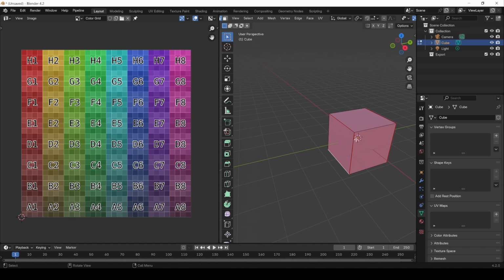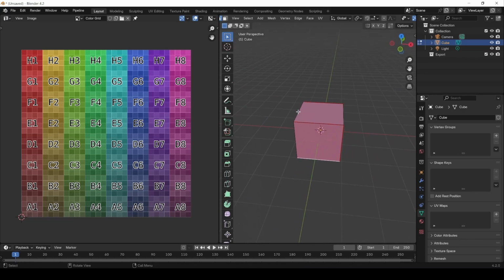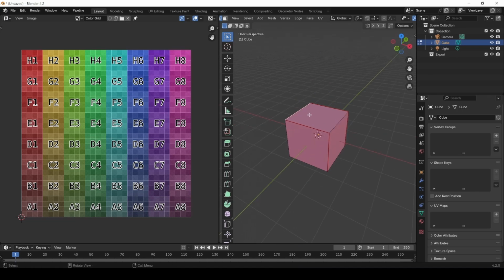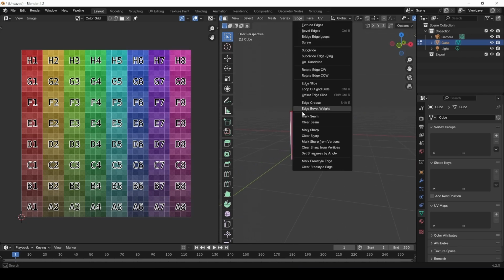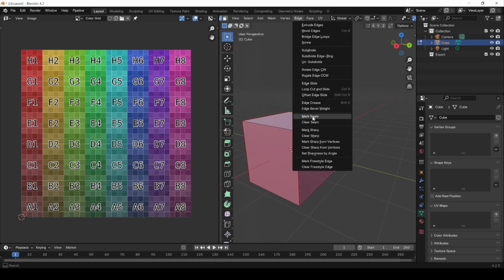This means that this object now will be cut open from these two points, and if you open it like that, this will be up, this will be up. Of course, we need to add one here just to make sure that it will be up. Like now this will go up, this will go down, and this we can go to edge, mark seam, then this edge, mark seam. Okay,